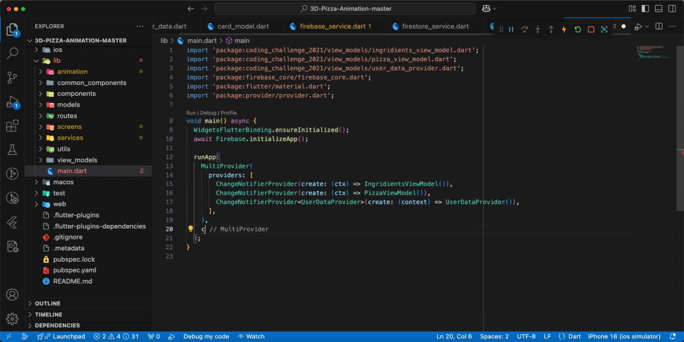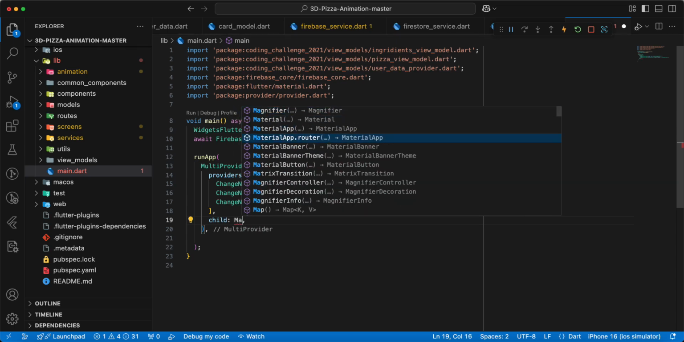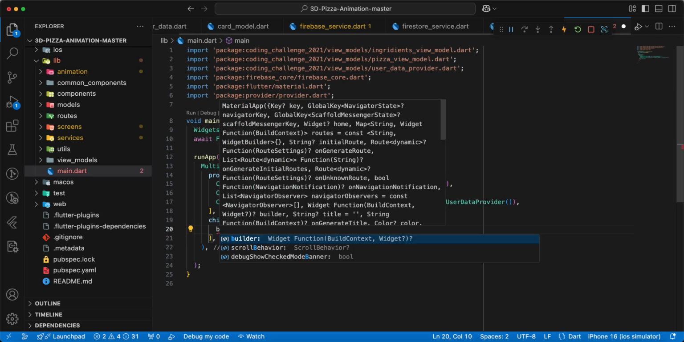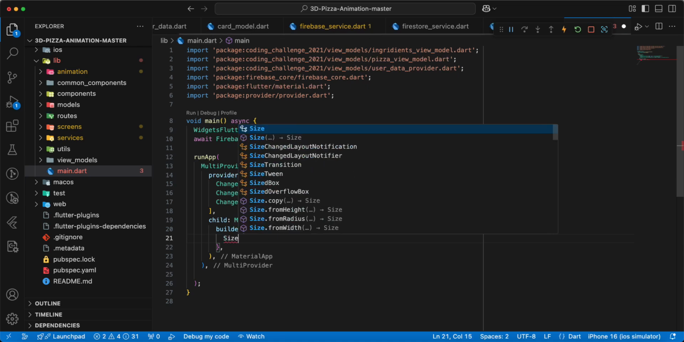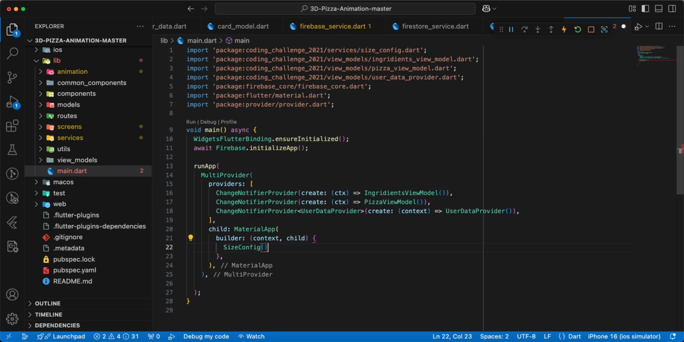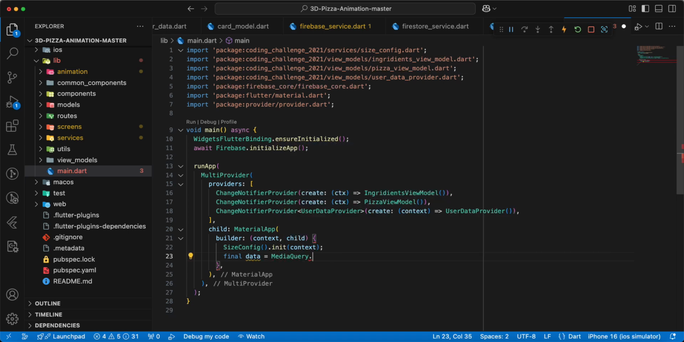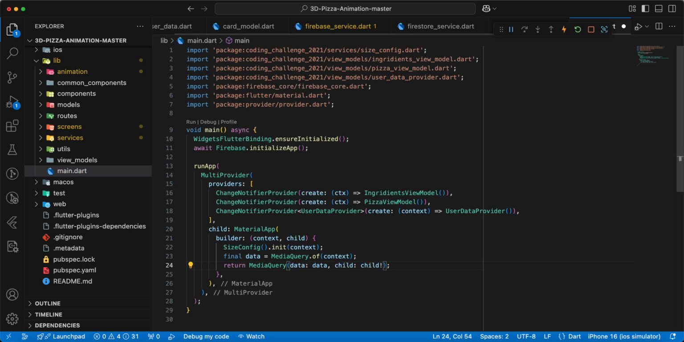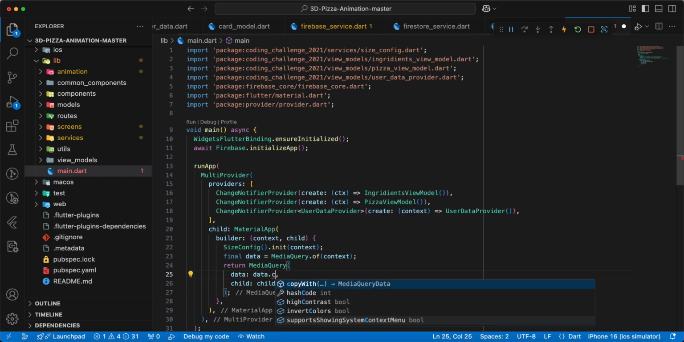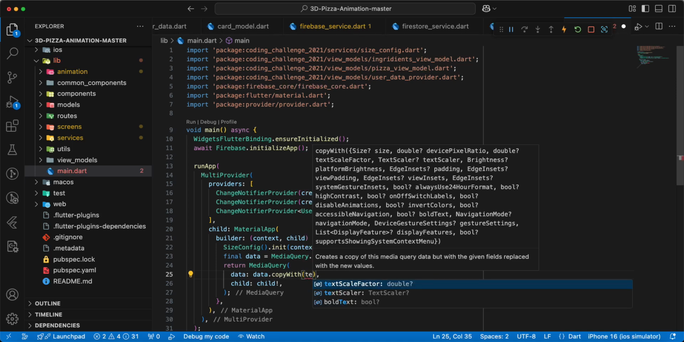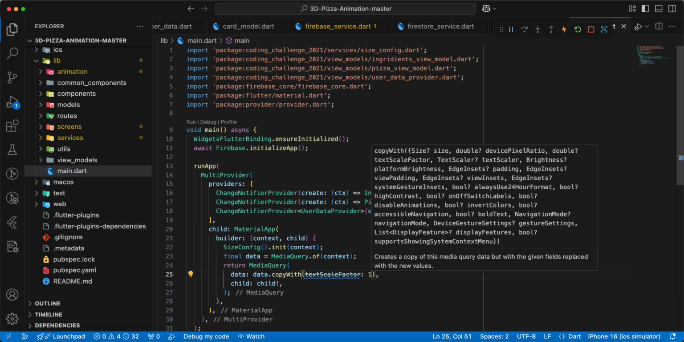next we add parameter child, add MaterialApp, then we add parameter builder, add SizeConfig.init, and then we create variable data, MediaQuery.of(context), write return MediaQuery, data.copyWith, add textScaleFactor 1,